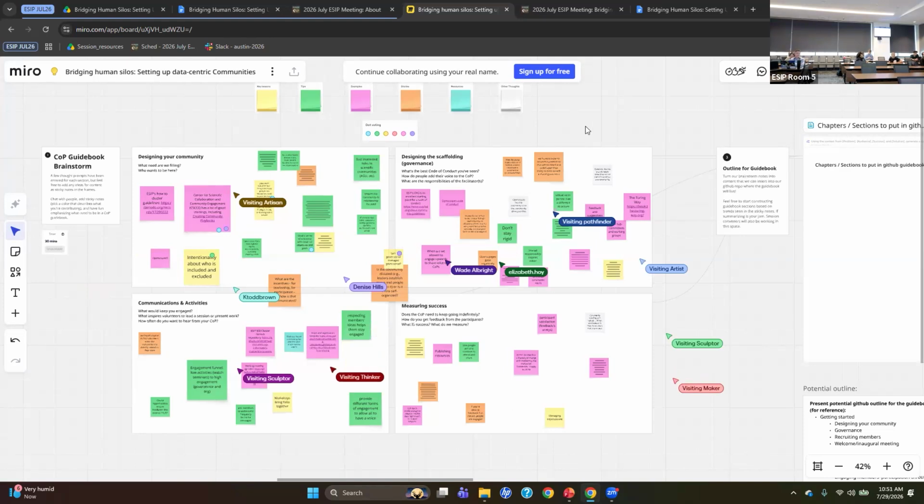Some things crossed multiple groups, and so you'll see some post-it notes that are within all of the quadrants or across quadrants. We felt it was important to think about, when you're designing a group, whether it's a top-down or bottom-up group, so keep that in mind. I don't want to go through all of it, but there was a lot in there, and we also added some little dots on other things as well.